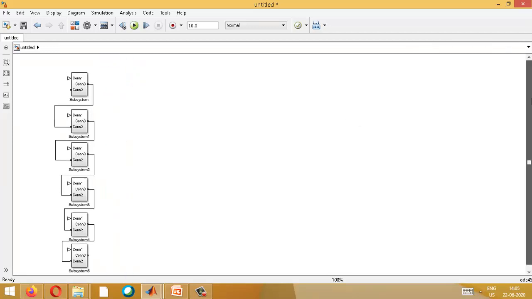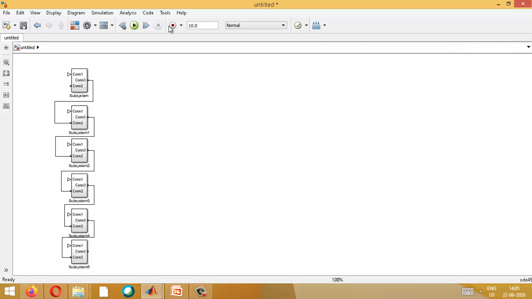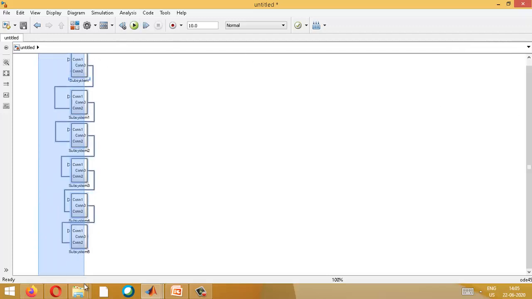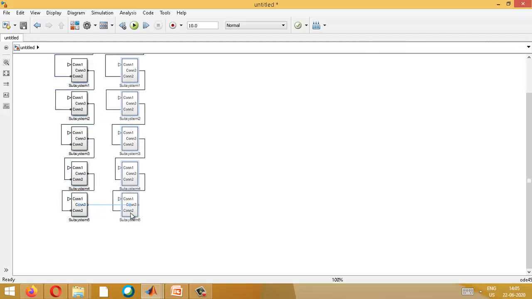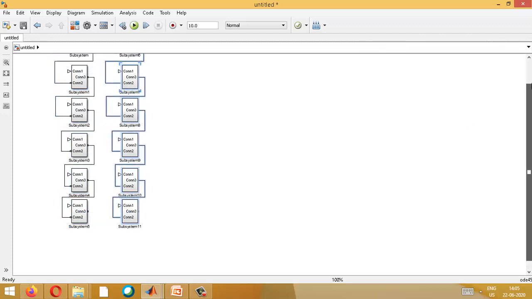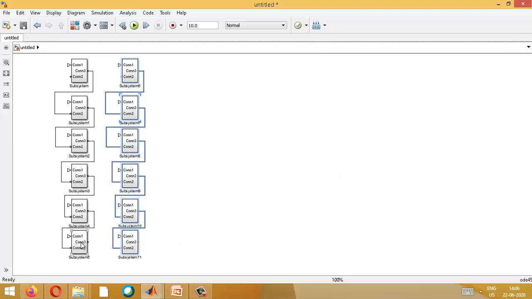I told you, if you want to make another set, just select this and then do a right click. So obviously you will get one more set. The only thing you have to do is connect these 2 fellows. Number 2 is positive, number 3 is negative, so from there you have to connect it. So now we have prepared a solar panel.